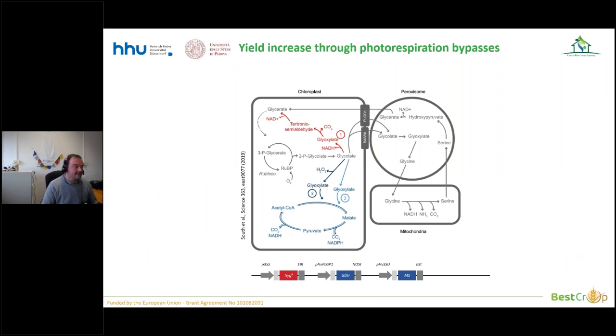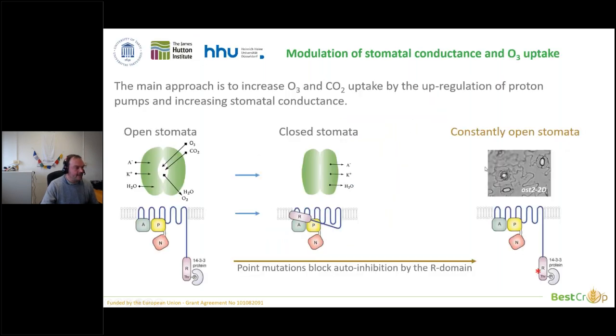As I said, the other genetic engineering approach will be used to introduce, in collaboration with our partner at the University of Düsseldorf, Andreas Weber, novel photorespiratory bypasses, based in part on existing knowledge that has been recently published. And finally, we will also try to modulate the opening of stomata by